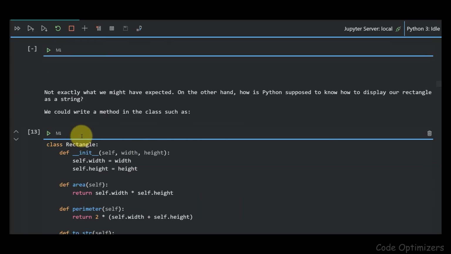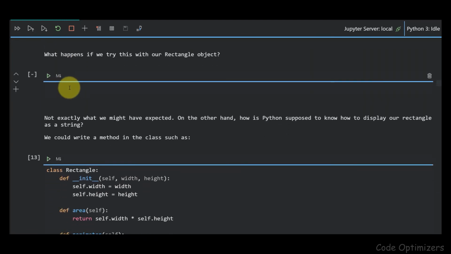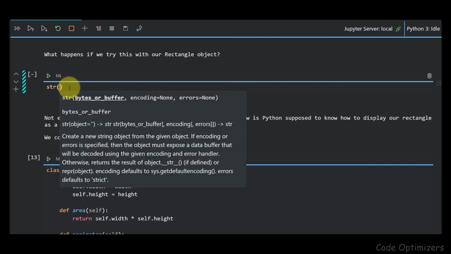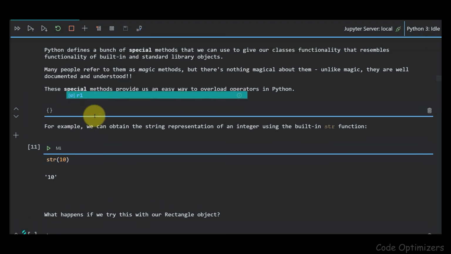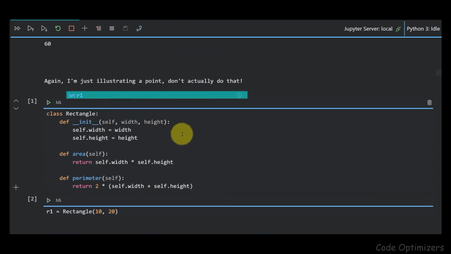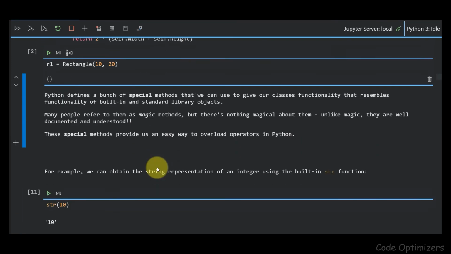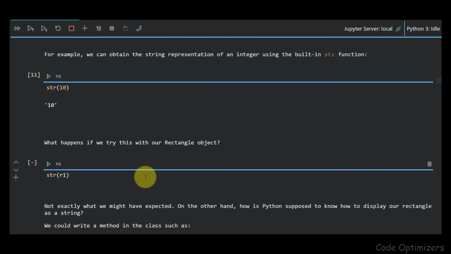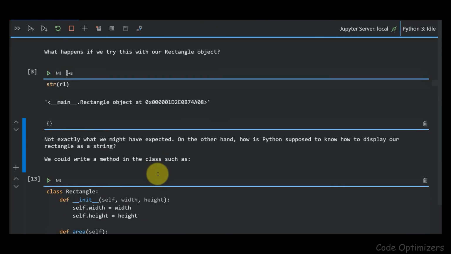Let's use str with the rectangle object. Let's see it. Write r1. Let's run the code above first. Shift enter. Now we run this code. So here we don't get the expected output.